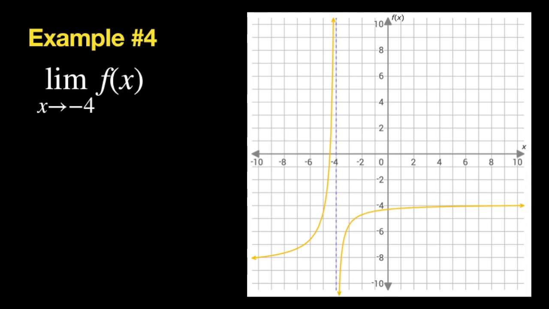For example 4, this is slightly different. In this case, you see how we have a rational function, and this graph is starting right here, and we see that there's no holes. So this line is continuous, but we have an asymptote right here at -4, and we have another asymptote. If we pay attention and we're looking at -4, you pay attention to it coming from the left and from the right. So that means that if we look at the limit as x approaches -4 of f of x, but we're going to pay attention to coming from the left side,